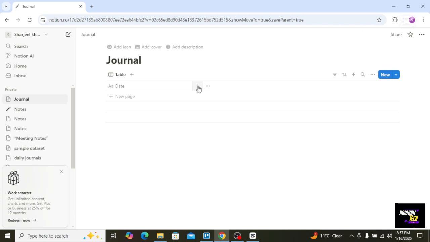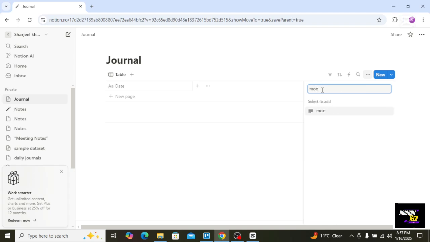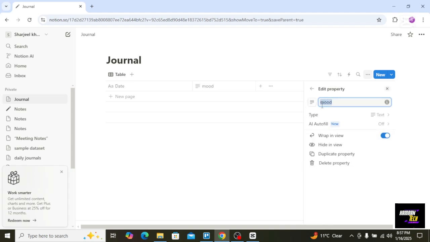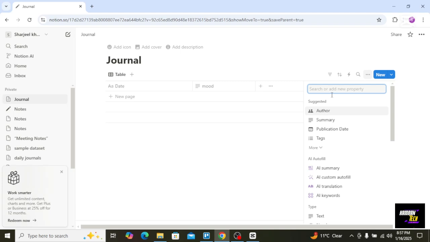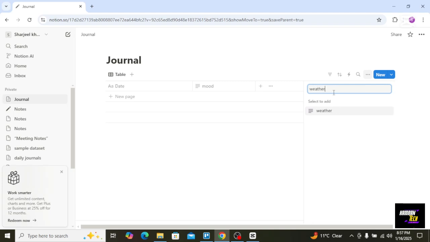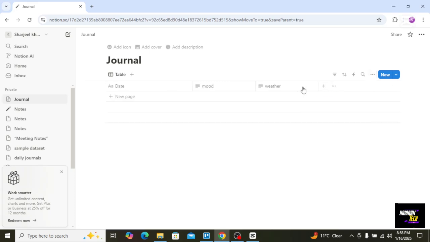So the next one is you will just tap on the plus icon, and here you will just write mood and just tap to enter. And again you will just tap on the plus icon, and here you will just write weather and just tap to enter. So in this way you can just create your text blocks, and again I will just tap plus,